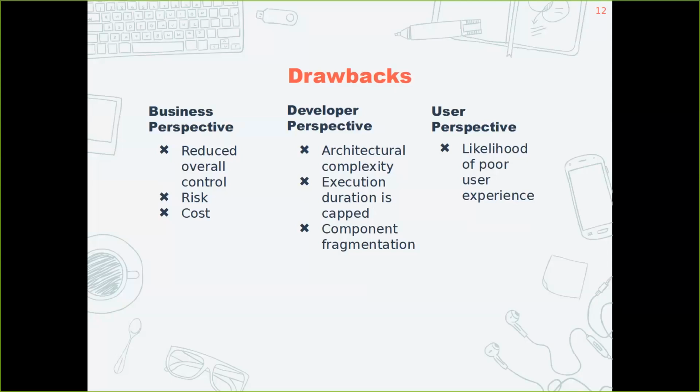Okay, so let's go back to the business perspective. From the business perspective, what did I mean by reduced overall control? This again ties up with what Nimisha and Sri were talking about before. We are talking about functions in Azure or lambdas in AWS. By using one of those capabilities like Azure functions or lambdas, you're now tied to that vendor. You can't port your code across to a different vendor from Azure. You can't lift your code exactly as it is, because the way it's written in AWS would be slightly different from the way it's handled in a different cloud vendor.